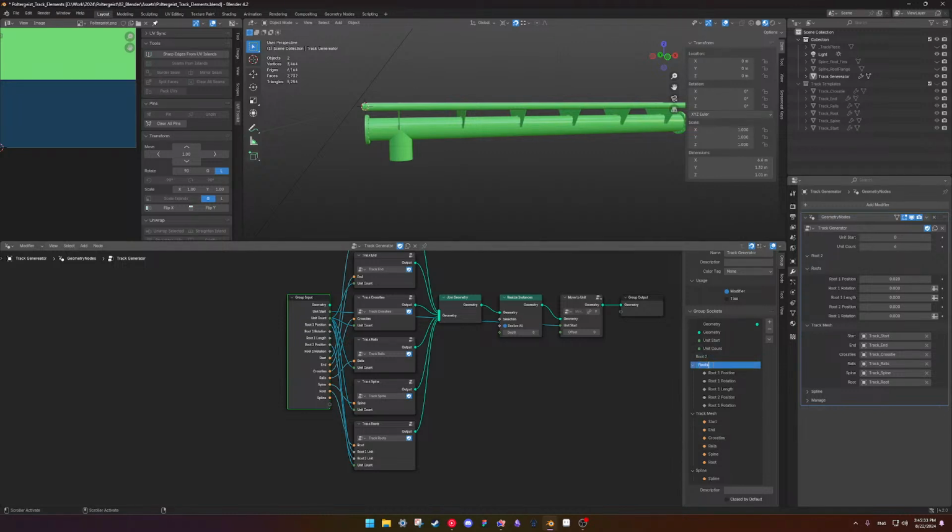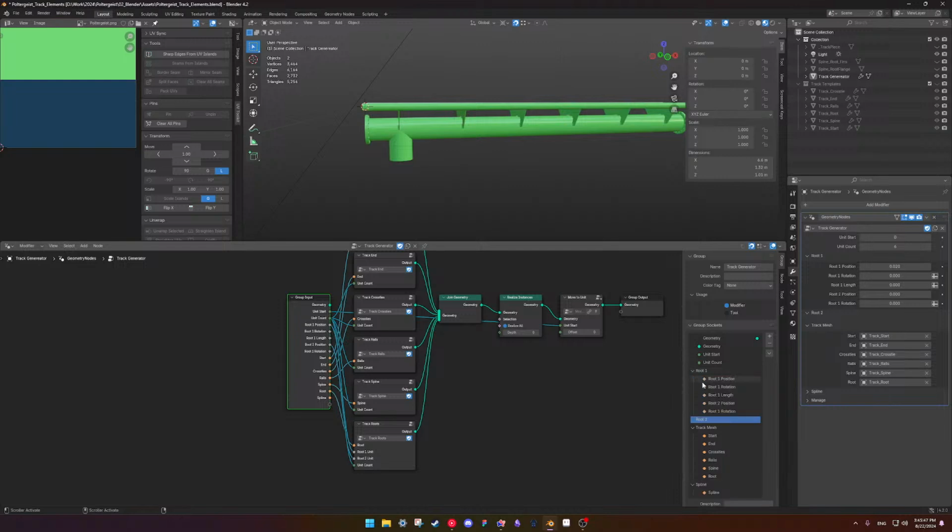This is root 1. Like, is that a bug or am I losing my mind?